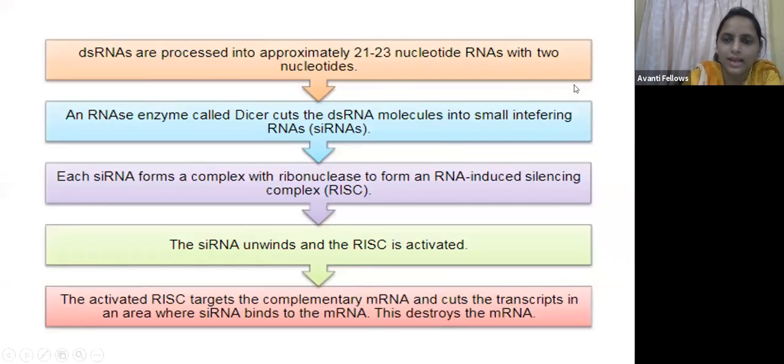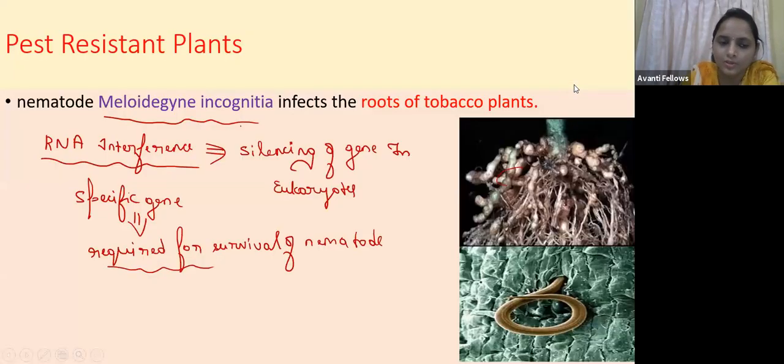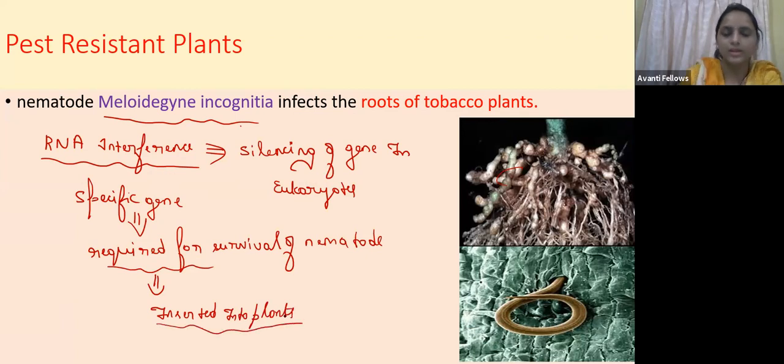So now guys, see here that we inserted it into the plant. Now I will tell you what are the processes involved in this. So how this double-stranded DNA, that is the gene, is going to be converted into the antisense RNA to inhibit or cleave that nematode gene. Okay, now let us see.